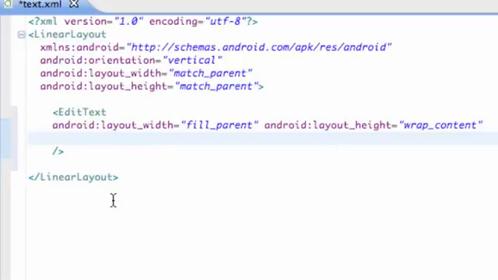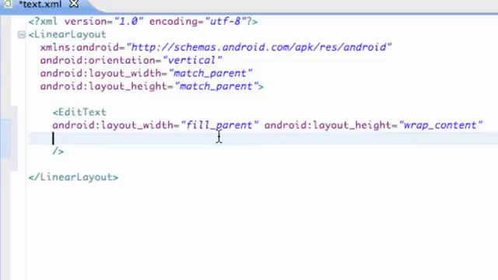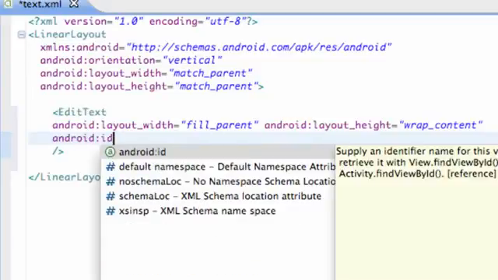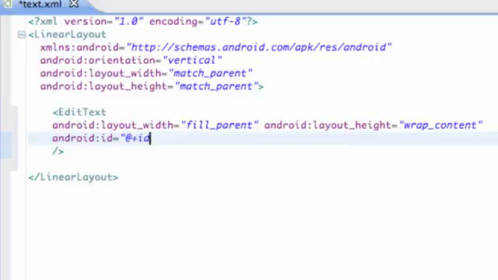But there we go. We have the setup for our text view, or I'm sorry, edit text, and that's what an edit text looks like. You can put some input in there, some text or whatever, and we're also going to give it an ID because we want to reference it in Java. So Android ID equals, again within quotations, @+id/ and then ET for edit text, so we can remember it, and we're going to say